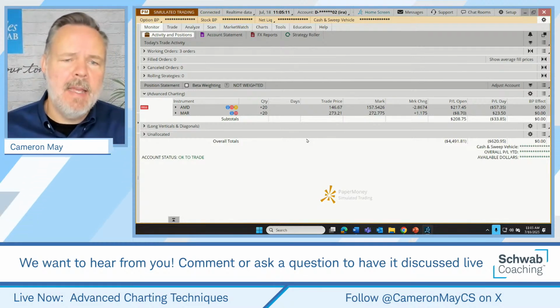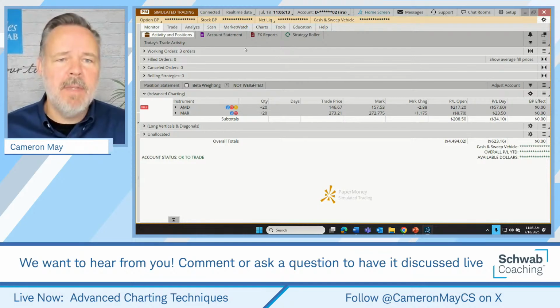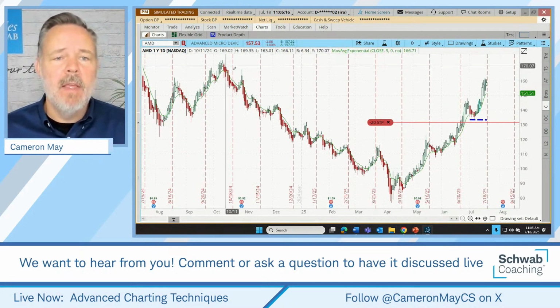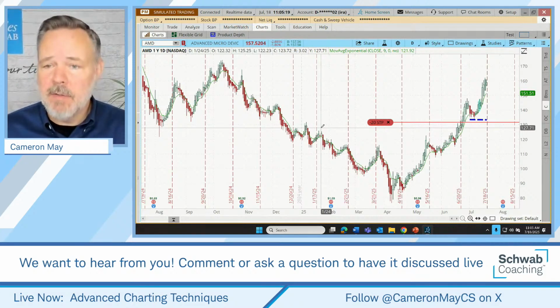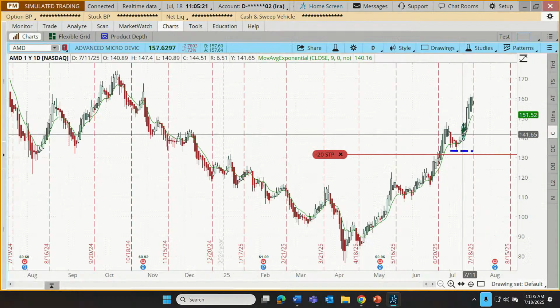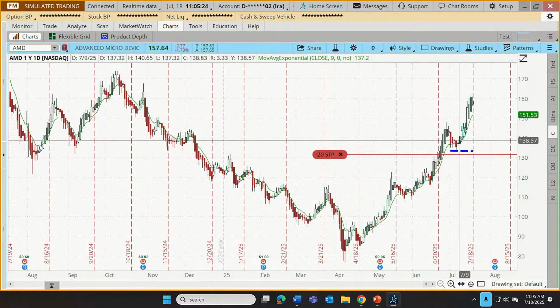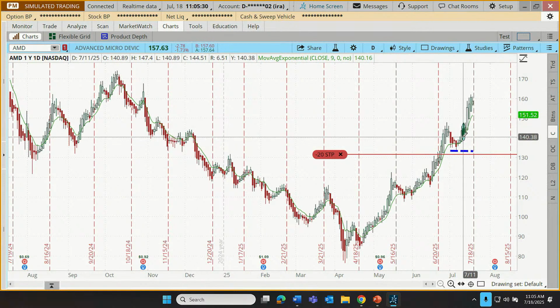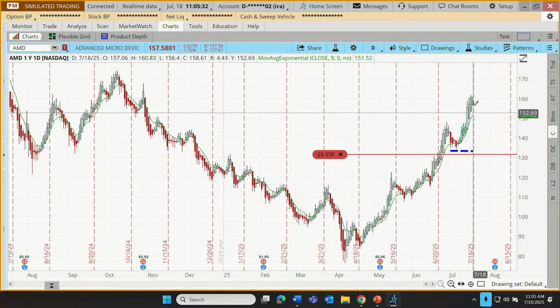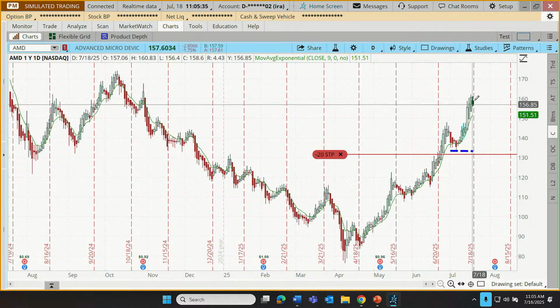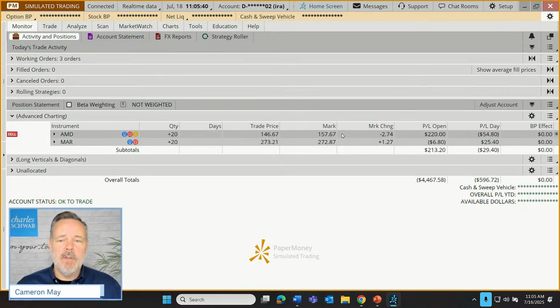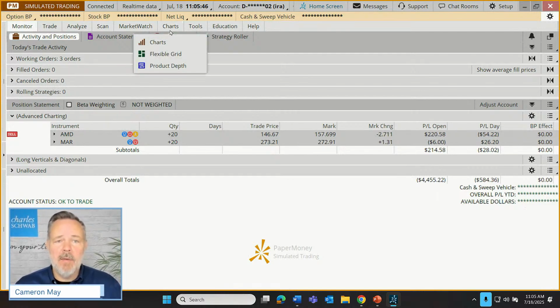Okay. In any case, let's look at our existing positions. We have AMD, which was our trade from last week. If you remember, this one was taken using these Heikin Ashi candles in combination with a 9-period exponential moving average. As long as our candle is above the 9-period moving average following a recent reversal candle, that was our entry. And we're waiting for another reversal taking us back down below that 9-period exponential. We're still above. This trade's actually doing just fine from last week. So on our 20 shares, up about $220. Not bad performance. Doesn't mean that it's going to work out ultimately. We'll see, but it's off to a nice start.